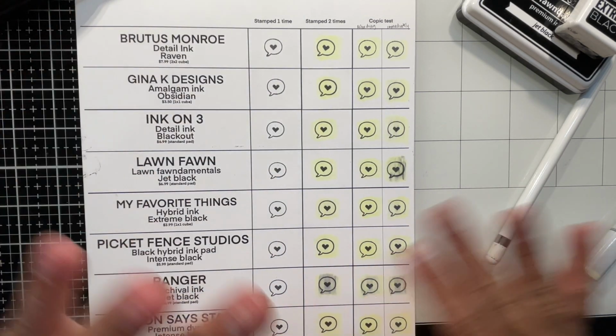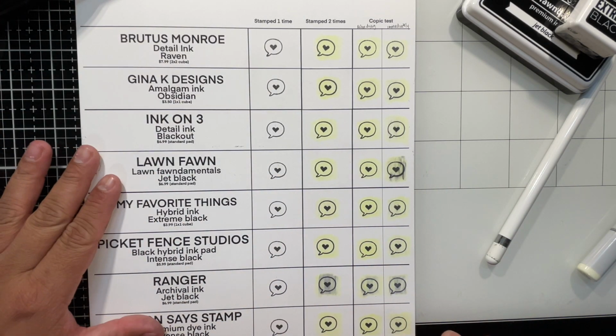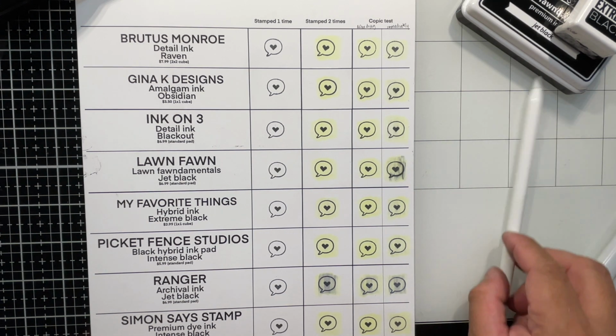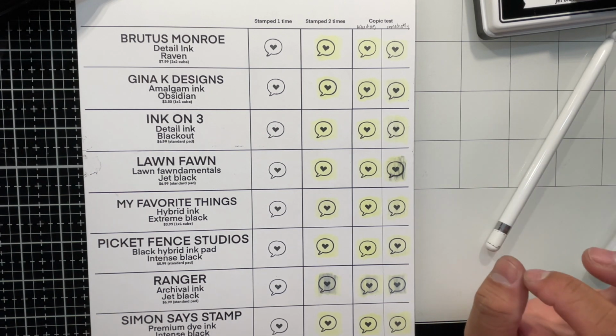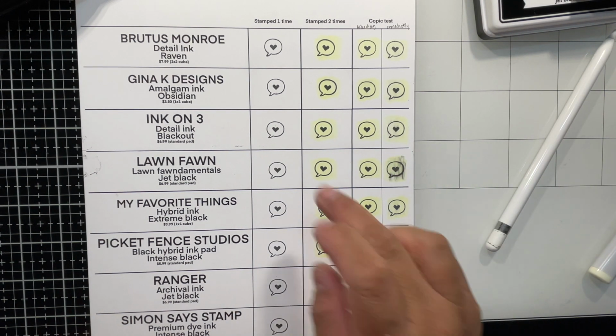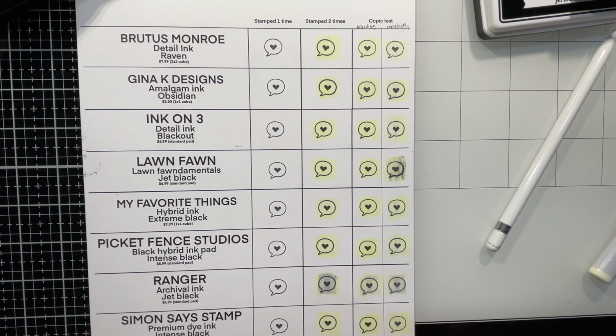All of the other inks that I have, I use them to do backgrounds. So it's not like they're going to waste, but it's good to know that they are not good for my Copic coloring. All right, you guys, I hope that this was helpful. Let me know if you have any questions. I just wanted to educate you all on these inks. If it were up to me, Ink On 3 is the one that I recommend to everyone and anyone. That is the winner, followed closely by